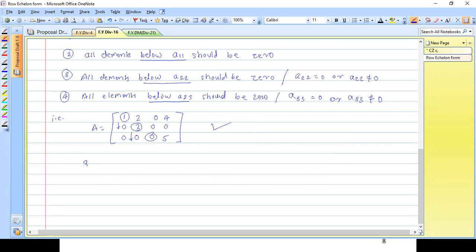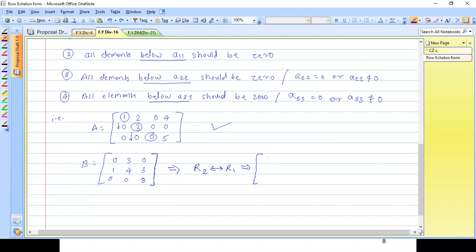So suppose I have a matrix B. Suppose I have here 0, 1, 0, 3, 4, 0, and 0, 3, 8, and 0, 0. I just take 3 by 3. Now tell me whether I can convert it into row echelon form. For that purpose, what do I need to do? I need to interchange R1 and R2. No problem.